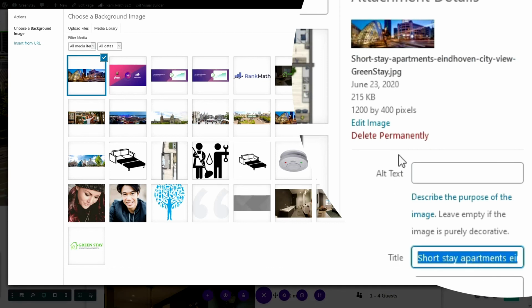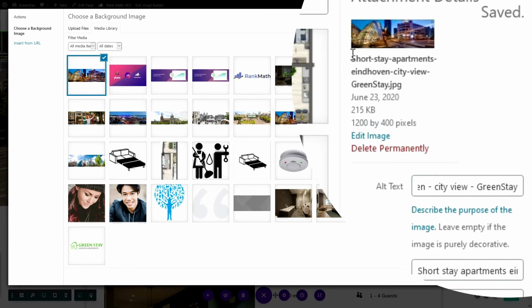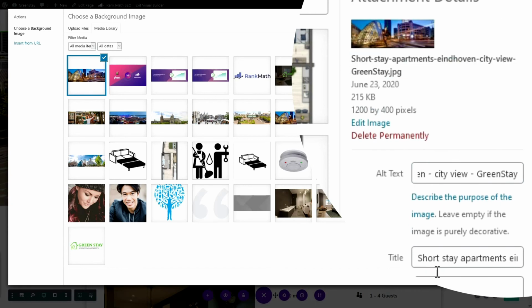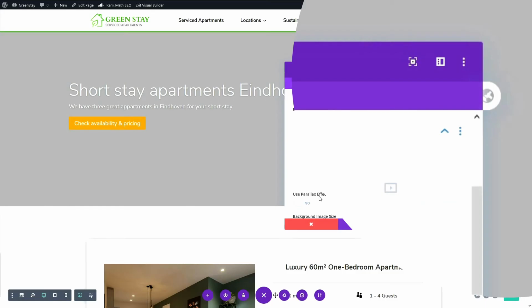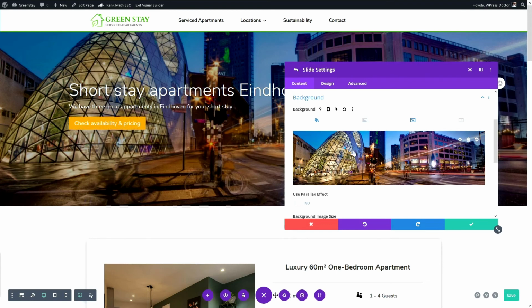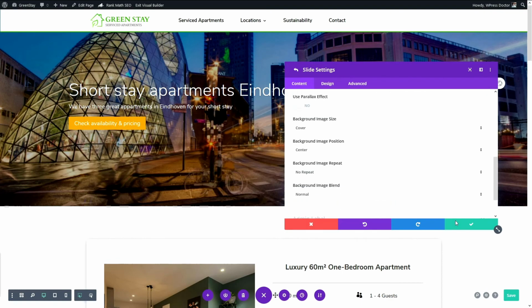That's awesome because it contains our focus keyword in the file name, also in the alt text and the title, and we press upload an image. So for the visitor it is invisible, and for Google it is just something extra to add to our focus keyword. Alright, we're gonna save this one because I'm happy with this one.